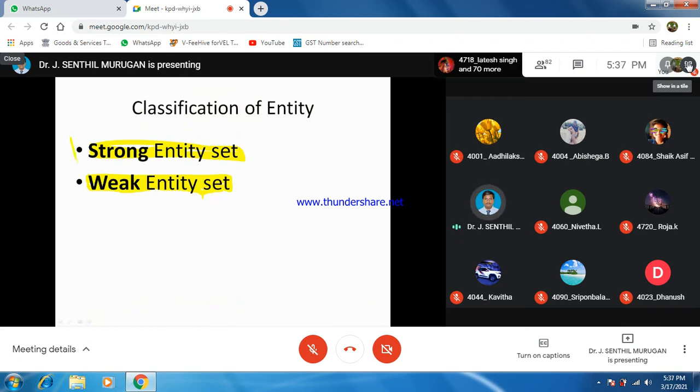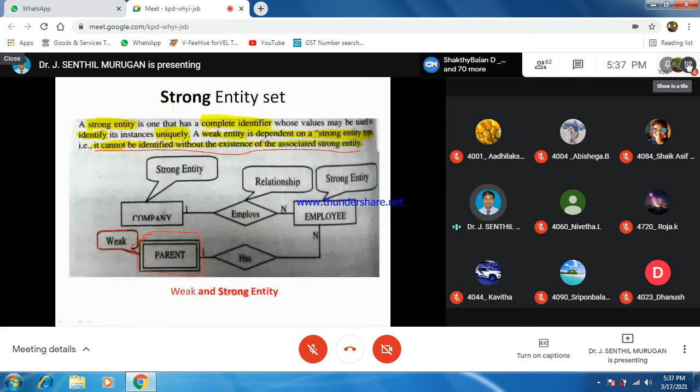Right. So we will see the classification of entity. How is it classified? Based on strong and weak. Okay, strong entity set and weak entity set. Now, what is called a strong entity? A strong entity is a complete identifier. So it is identified as unique. But if it is a weak entity, actually a weak entity will depend upon the strong entity type.